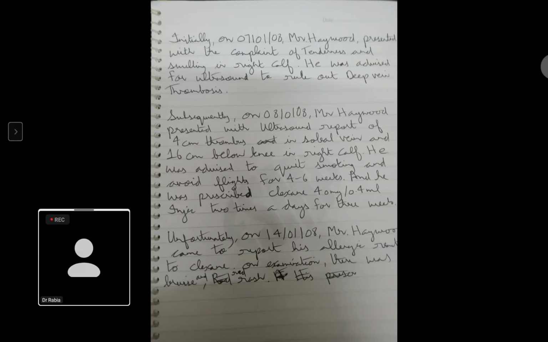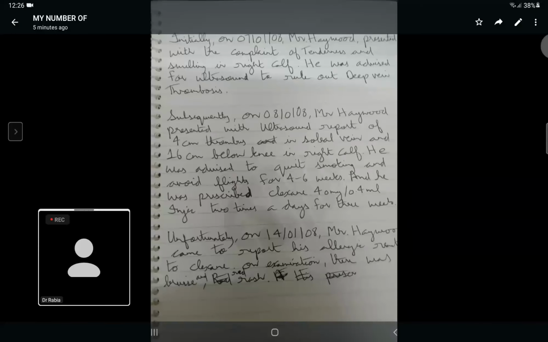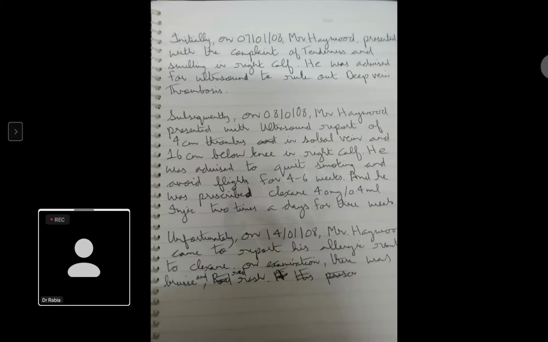Okay, initially on this date, now you see, I've told them, don't write initially and on this date together. Either write initially or write the date, because otherwise it's just a waste of words, okay? And the date is equal to one word. If you're writing the date in numbers, as you've done it here, it's equal to one word. But if you write the date in number and word, as in 08 January, then it becomes 3 words, all right?